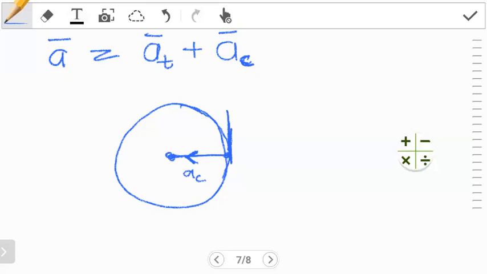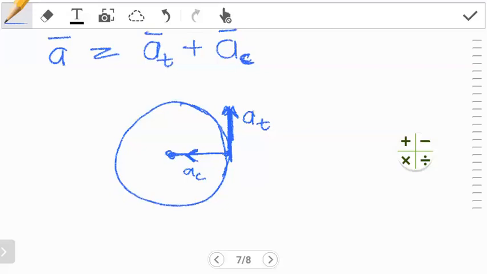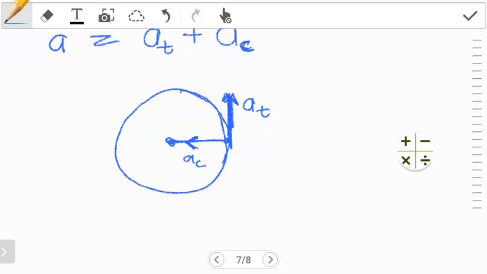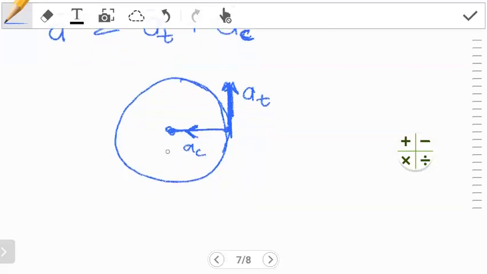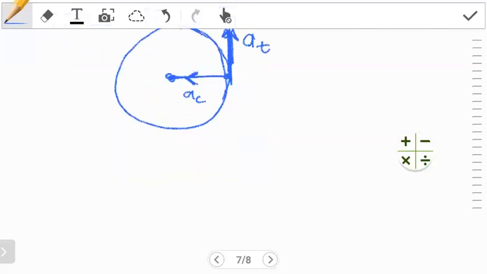This is the one I'm calling the tangential acceleration. So the vector sum of these two is what gives us the total acceleration that a body moving in a circular path will experience. Now, in terms of the centripetal acceleration, the formula for that is basically just the tangential velocity squared